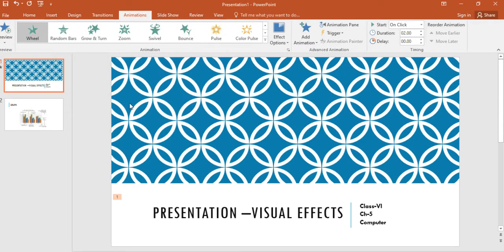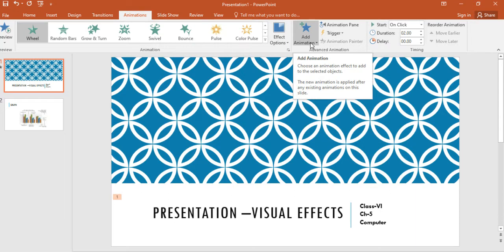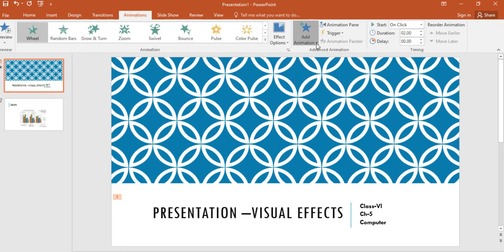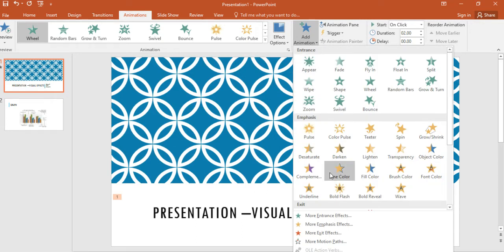This is the first. You can directly go to the animation tab, and the second one, you can go to the add animation button under the animation tab. So click on the drop down arrow. From here you can also select the animation effect, and if you want to add more effects, then go to more entrance effects, more emphasis effects, exit effects, and more motion paths, right?